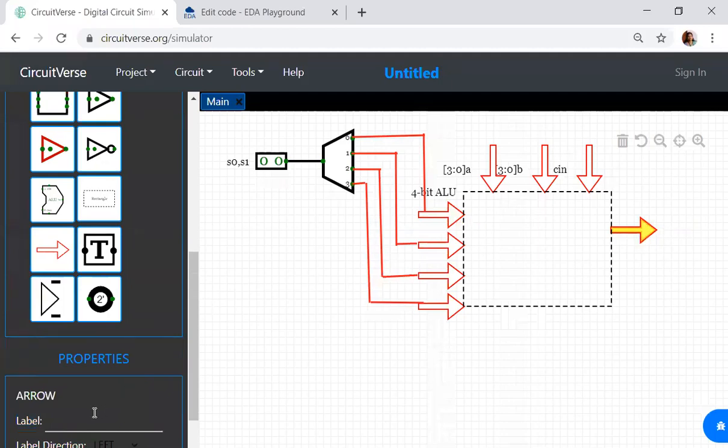So let us take this as the output, 3 down to 0. Again, sometimes I'll get a carry out also. So this is the carry out, which is only 1 bit, which comes only in the full adder and the full subtractor. So this is how our ALU will look.